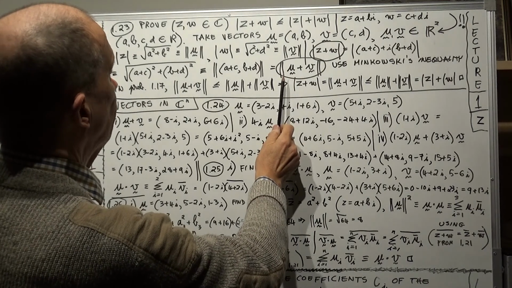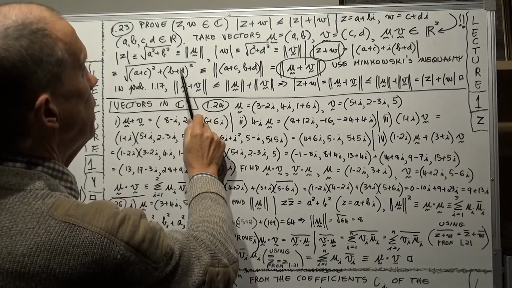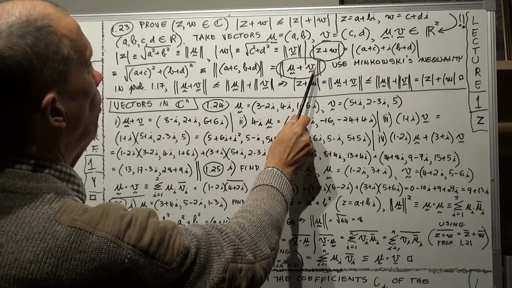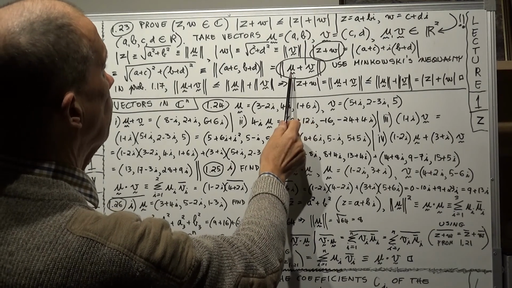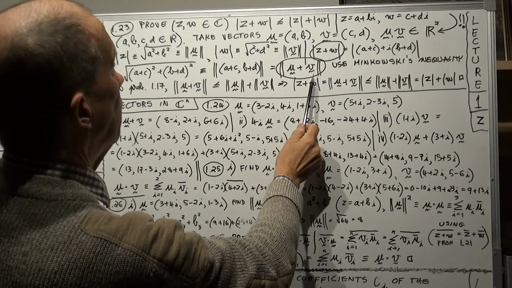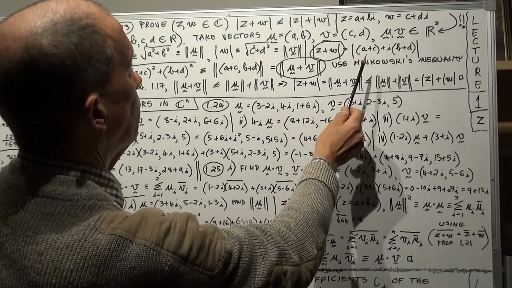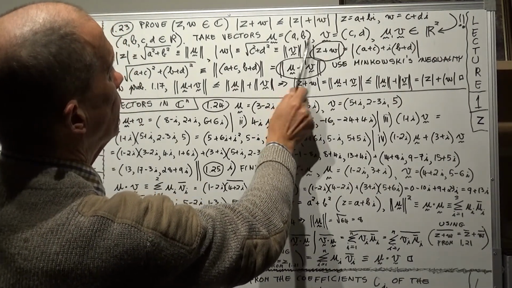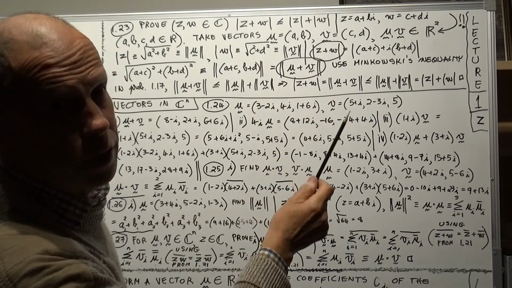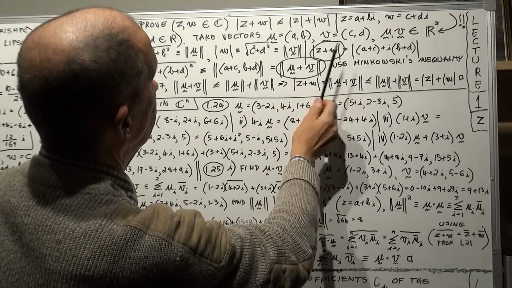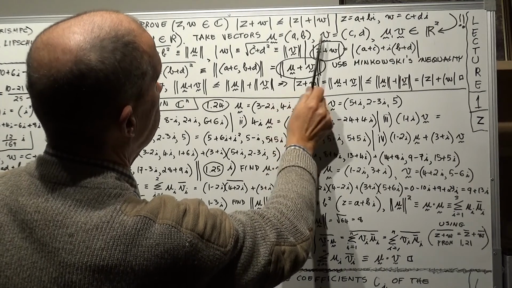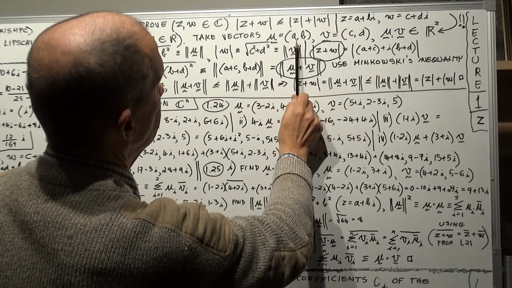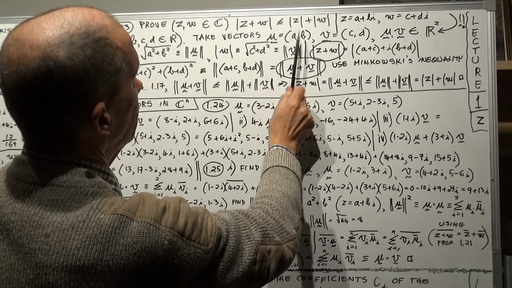Now, this is the norm of u plus v. Where does that come from? What is u plus v? If you add these two vectors, remember, to add two vectors, you just add the corresponding components. So u plus v will be, the first component will be a plus c, and the second component will be